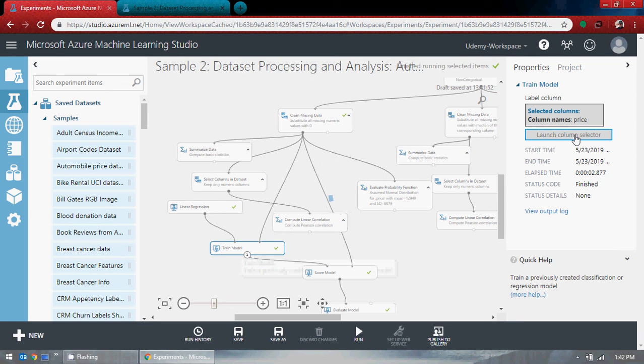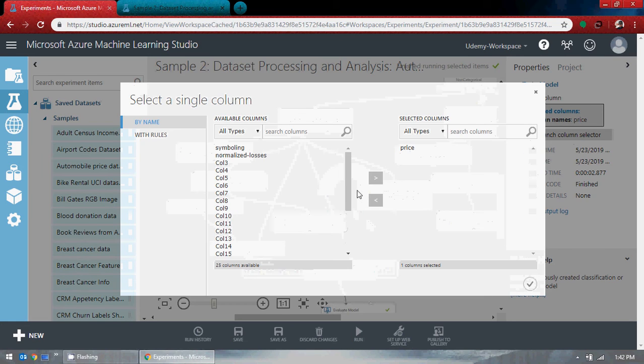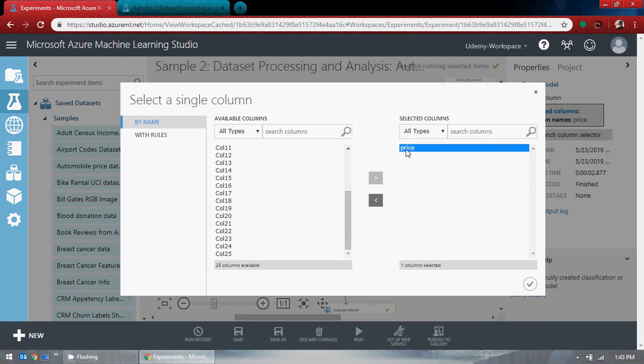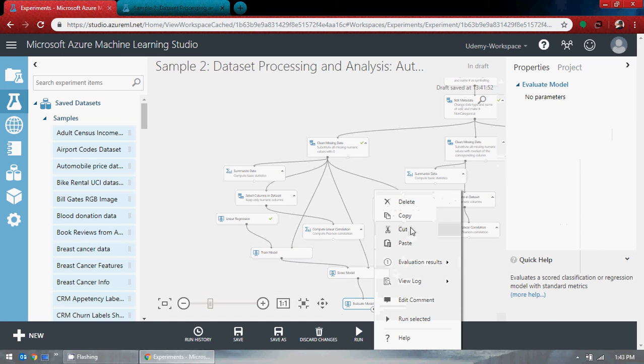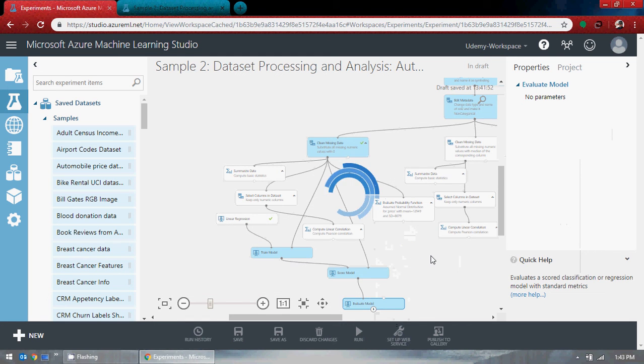Let's go to column 25 and go ahead and click one, and I'll evaluate this and run this. Alright, so I can do this for